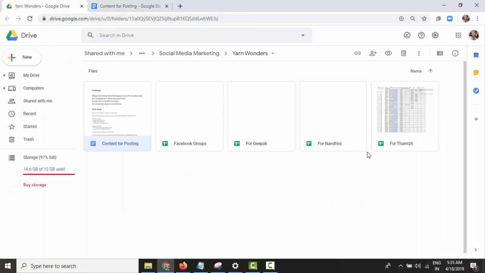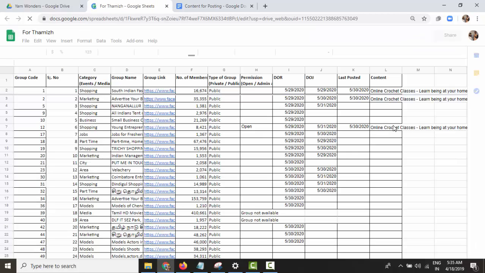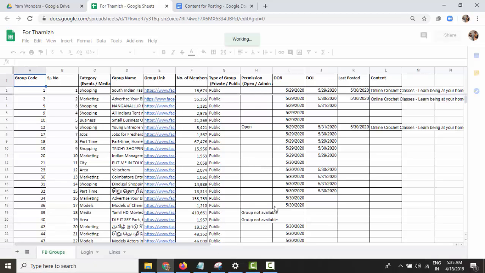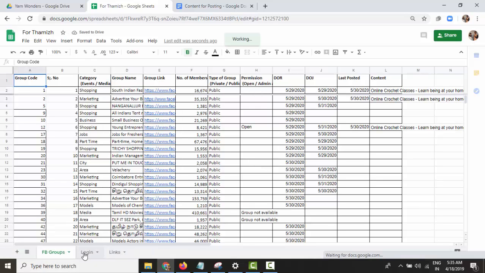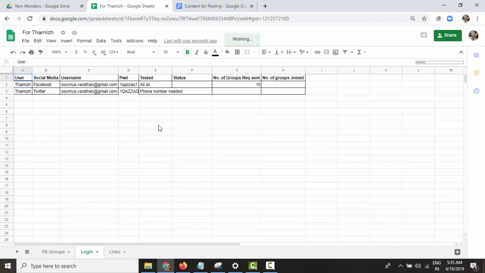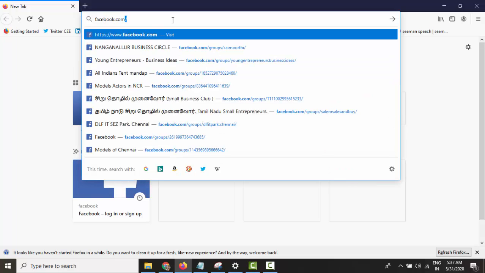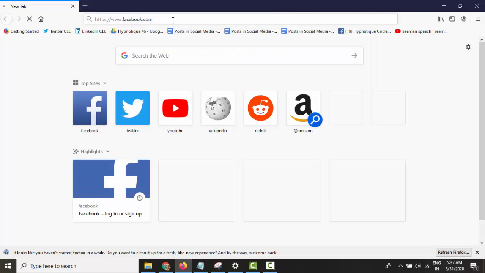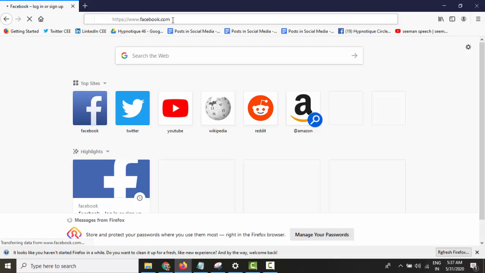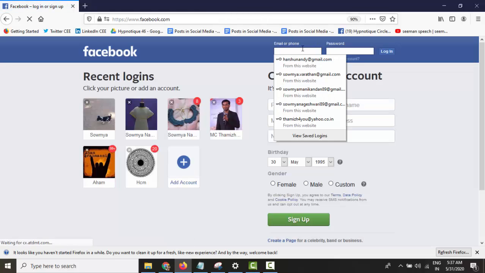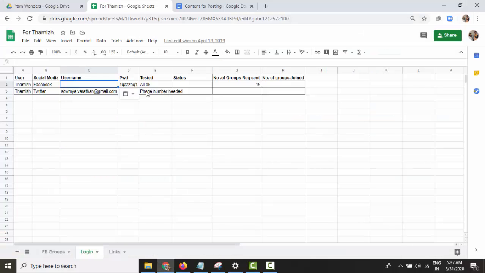So first let's open the group example. Let me take my group. As soon as you open, the first thing we'll do is log in to Facebook. So this is the order we'll be doing. We'll open the Google Drive every day and check for content, but as of now the content checking is not needed. I'll be putting it in WhatsApp, but it's best practice if you want to do that regularly.